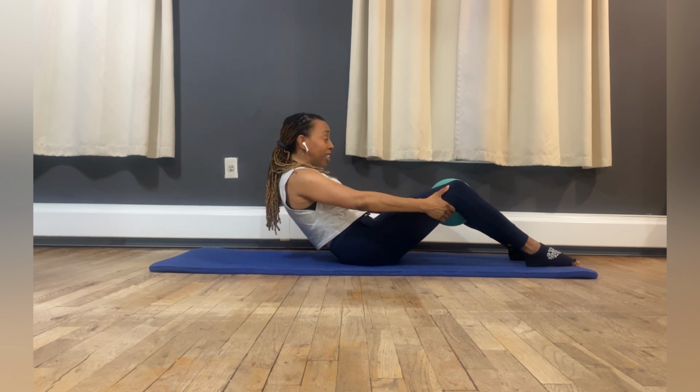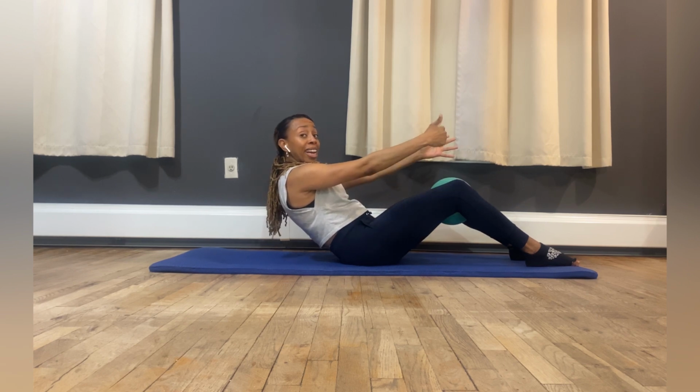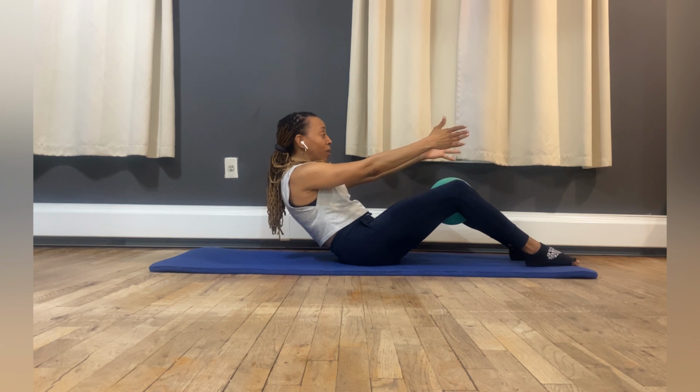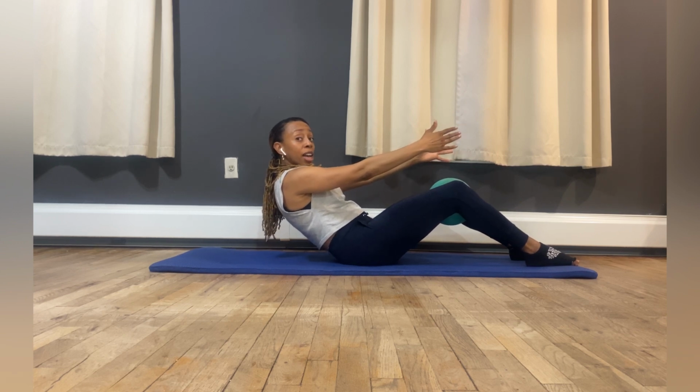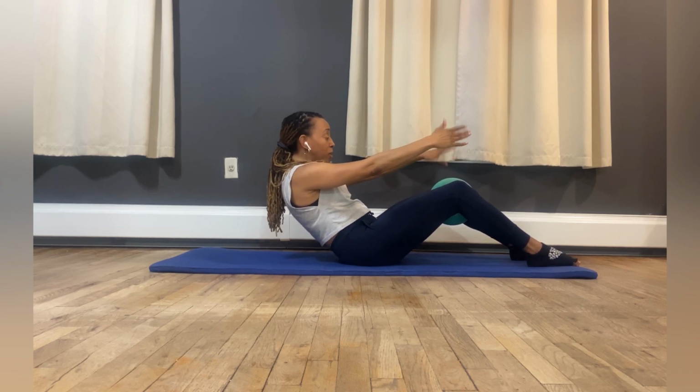Inhale, last one. Exhale, we're going to challenge this. You don't have to. You never have to take the challenge. If you can, we're reaching arms up and we're going to inhale 1 inch back, exhale 1 inch up. Breathe in 1 inch, exhale 1 inch. And exhale, scoop 1 inch. And scoop 1 inch. We'll do 5 and 4,